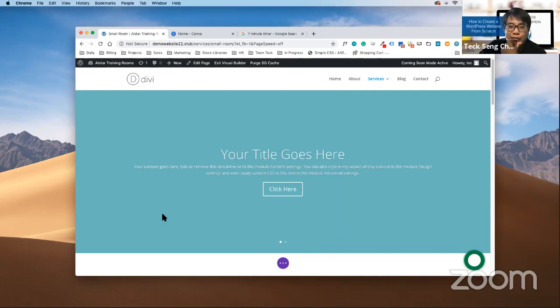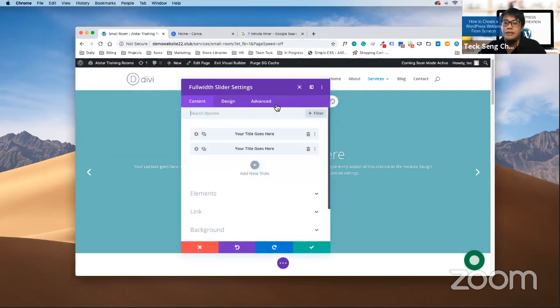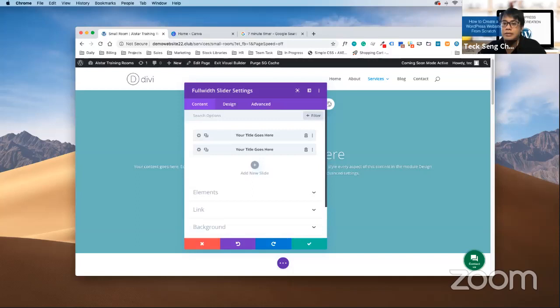If not, then let's give it a try on your screen. I'll repeat the steps. Now all you need to do is mouse over to your slider module and click on the settings. Not module, but select the first slide's settings.